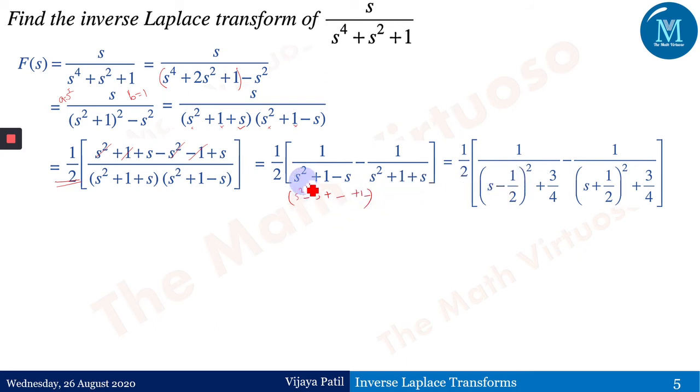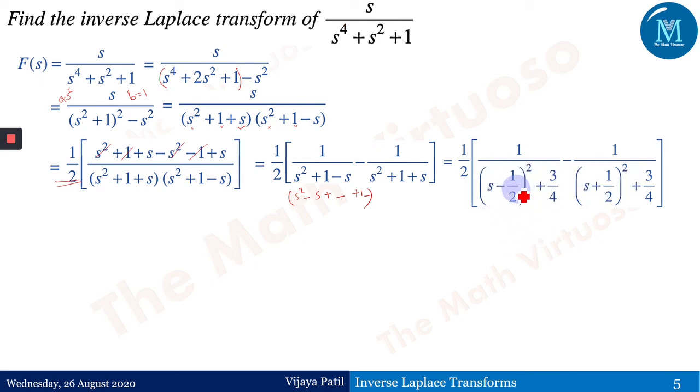So that means we are just adding the third term, or subtracting the third term here, and making the perfect square over here. So you will get 1 upon s minus 1 by 2 the square plus 3 by 4, because it is s square minus s, right? Minus s, the third term would give me 1 by 2 the whole square, that is 1 by 4. 1 minus 1 by 4 and 1 plus 1 by 4 will give me s minus 1 by 2 the square plus 3 by 4 and so on.